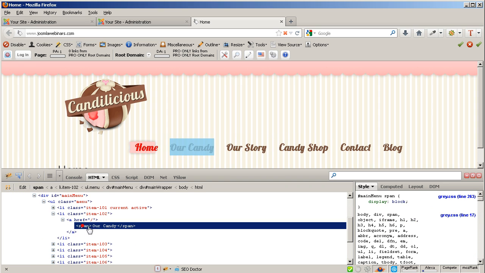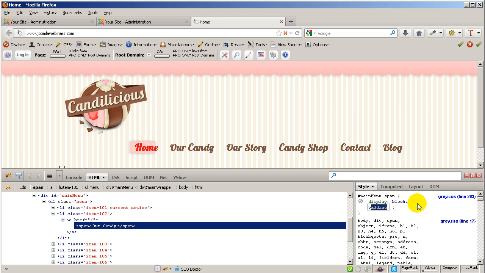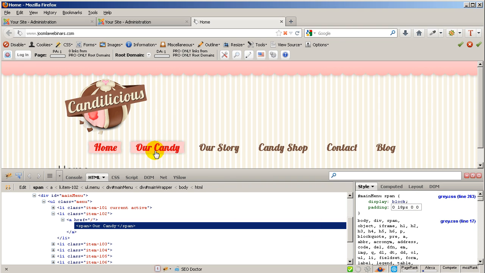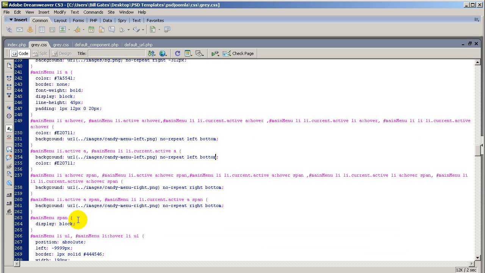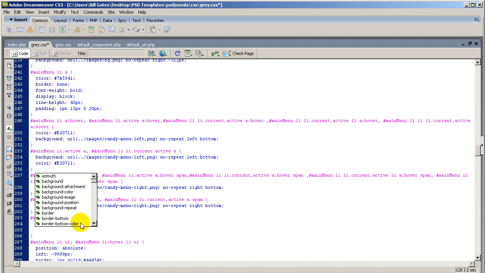First of all, let's go to the span, and we are going to add a padding. Let's write down 0, and in here we are going to add 18 pixels. And as you can see, now we are going to be able to have a better menu in here. Now the problem in here will be, let me just add the padding, just in case I forget about it. Heading,